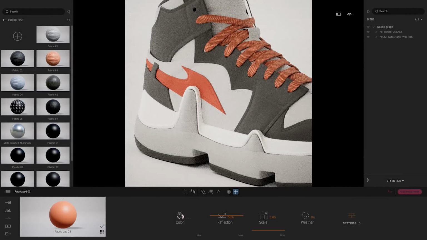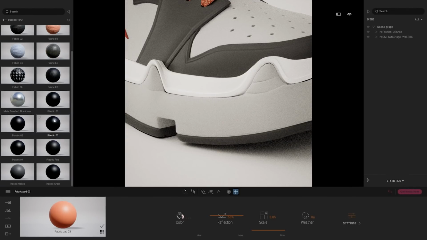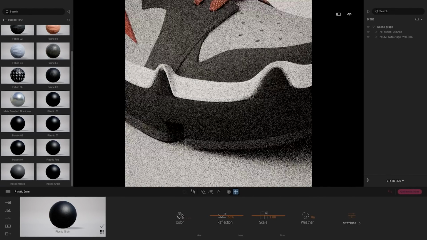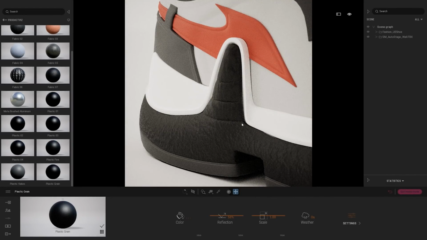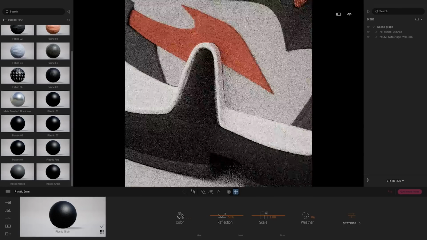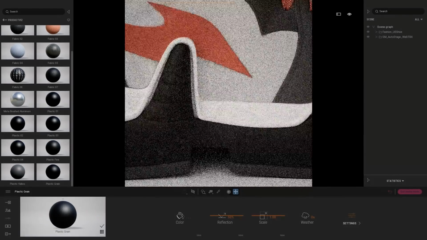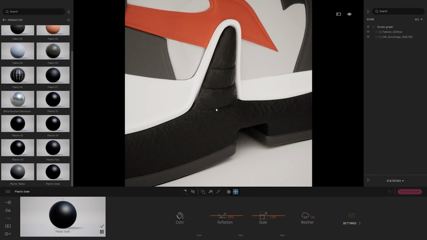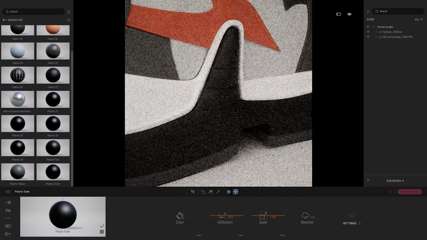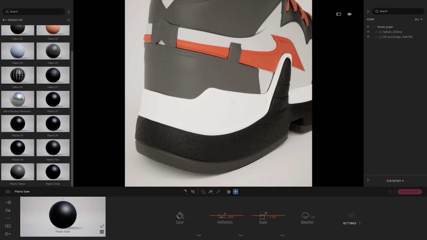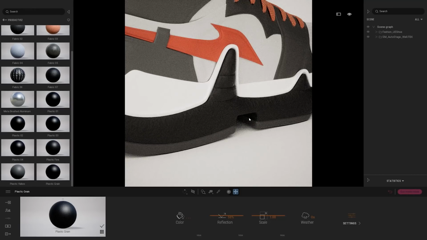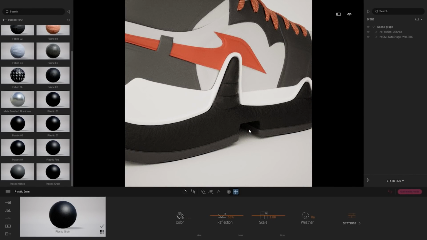Next, maybe let's work on the sole. So here at the bottom I know that I have some nice grainy material, so let's drag that one on the side. That one, actually, the mapping on my shoe is not perfect. Here on the side, it's pretty good, but here on the upper part of the sole, we can see that the material is stretched. So usually I will need to come back to my CAD software and edit the UV, but it's quite tedious and time consuming.